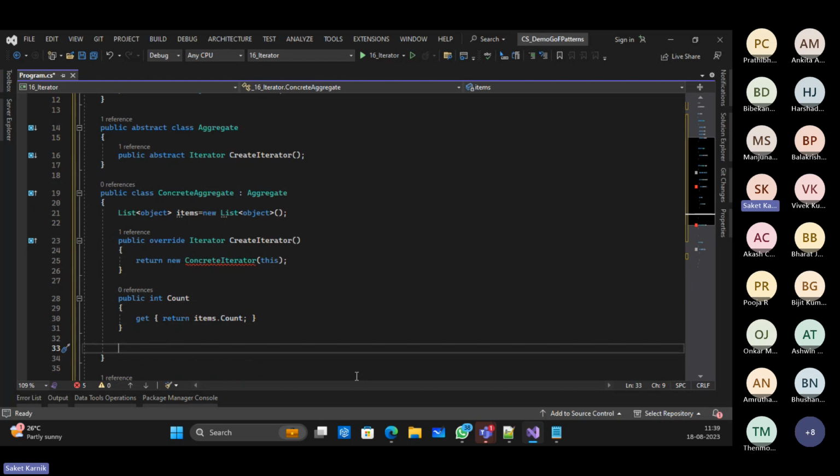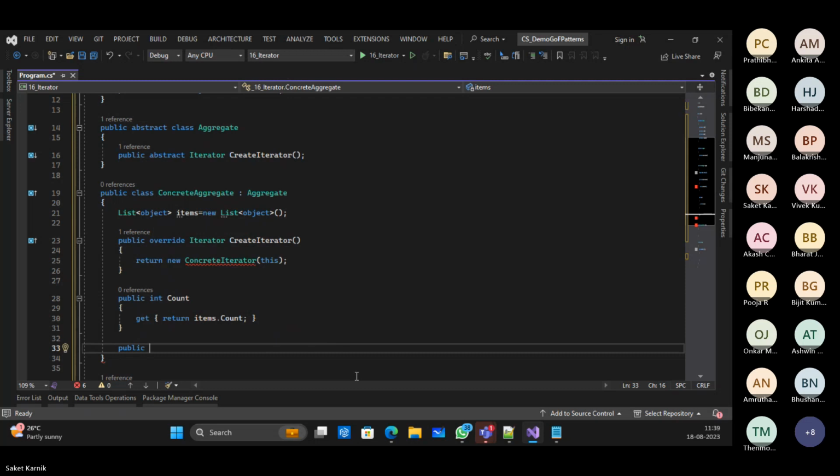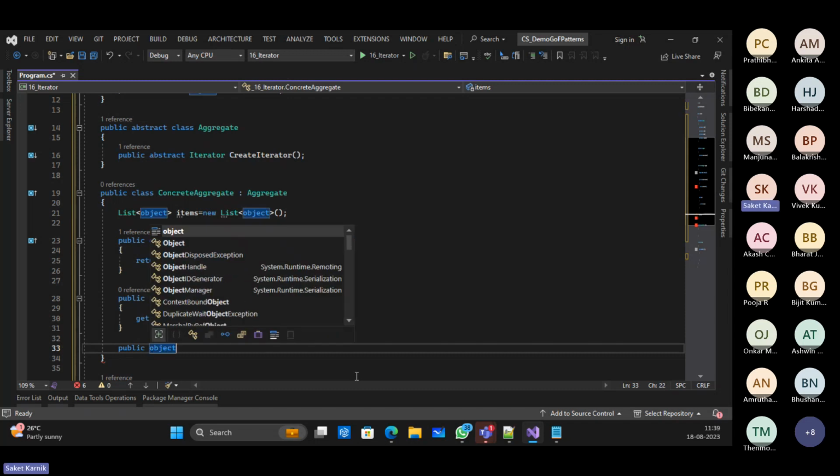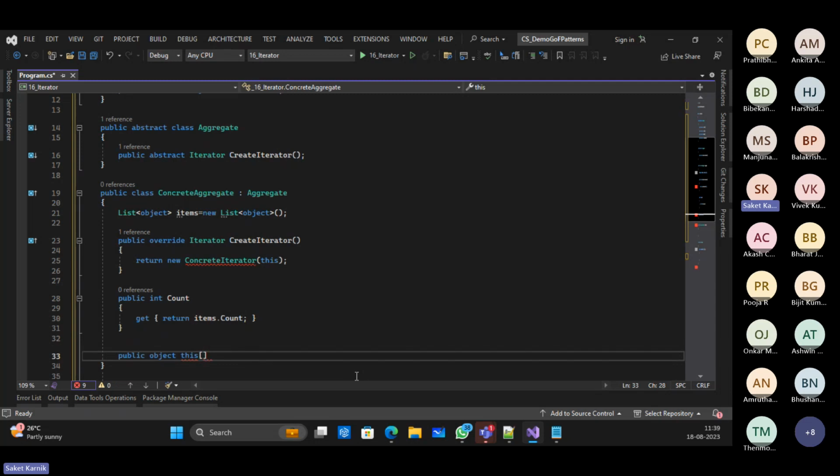And then there is an indexer property I create over here, which makes it possible to use the list object like an array. So with the subscript operator, you can access the members. I say public object this square bracket int index,